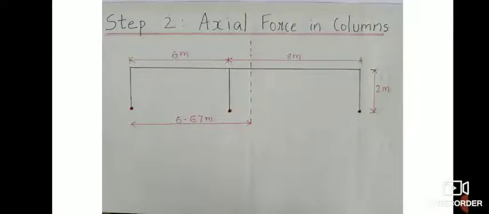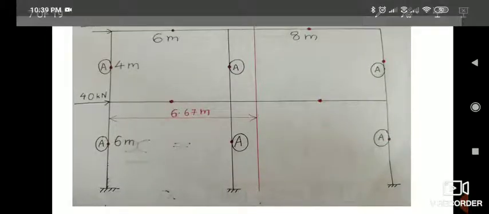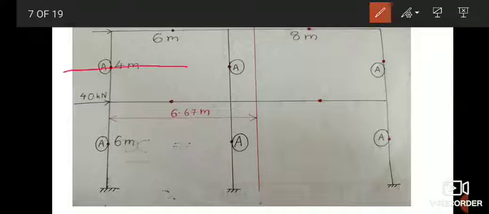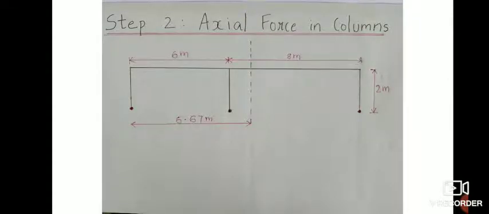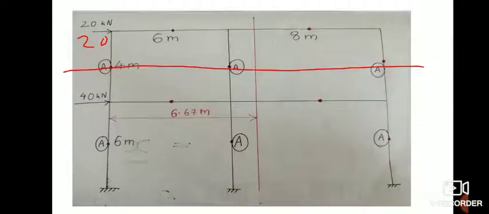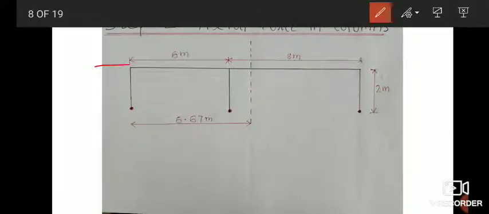So for that you have to cut, so you know this figure, then you may cut at this level. Take the equilibrium of the top part. Okay, this is subjected to 20 kilonewton in the top, so you may cut at this level. This is subjected to a 20 kilonewton force at this level, and the centroidal distance is marked as 6.67 meters.